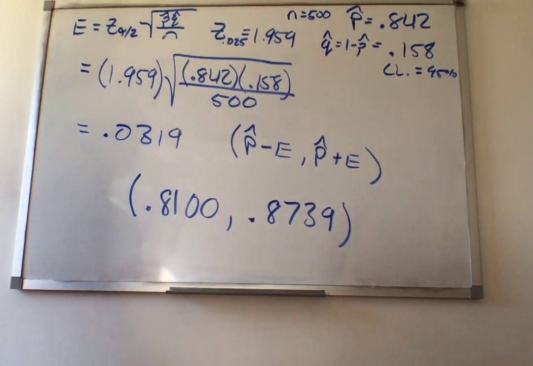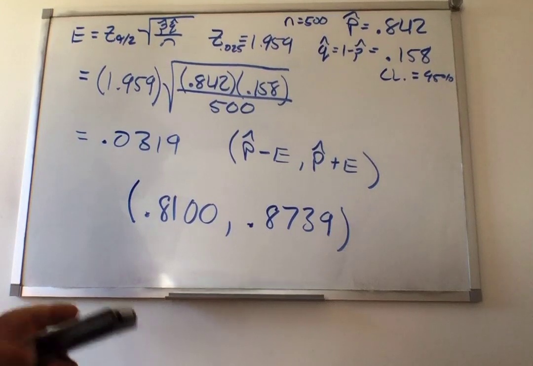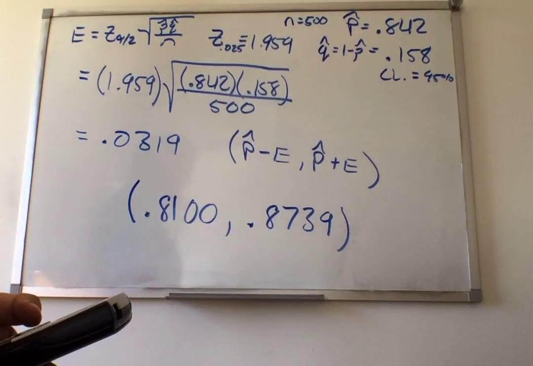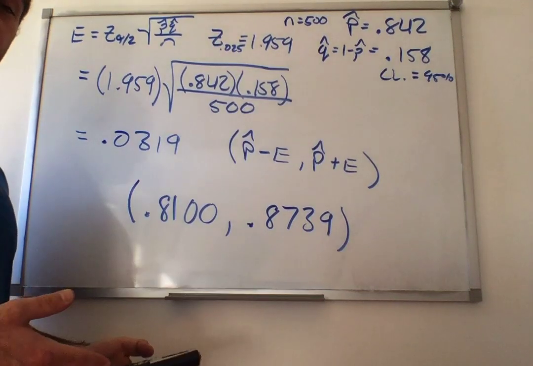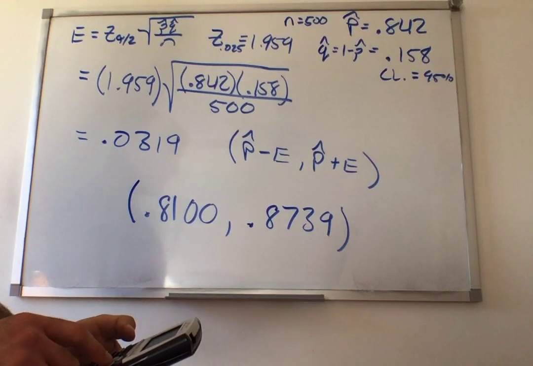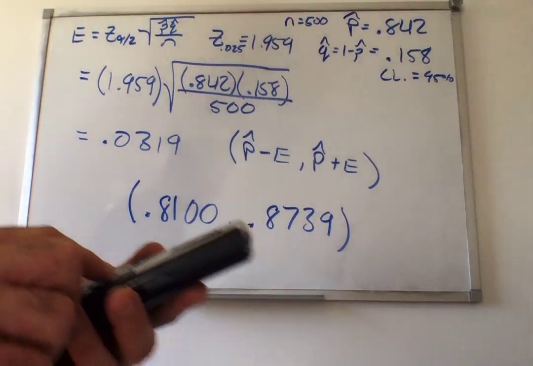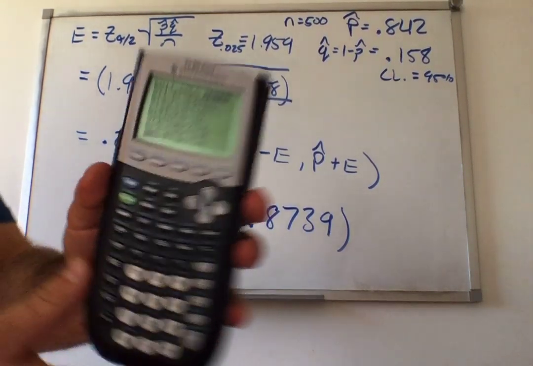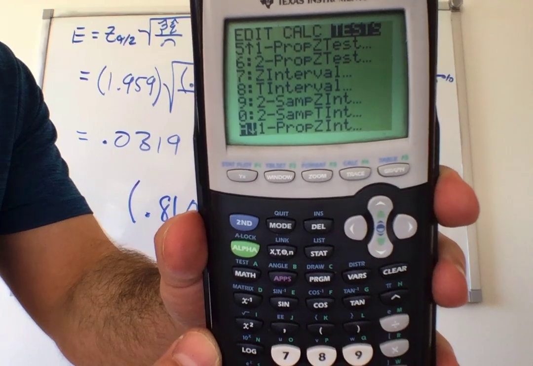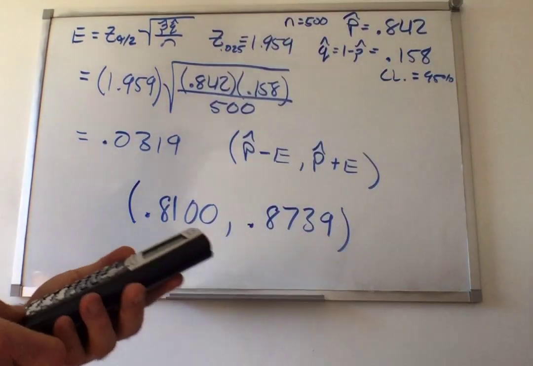Okay, now let's go ahead and learn how to do it on the calculator. You can get the same interval on the calculator. If you recall where the other intervals are, you had z interval and we also had t interval. Well, if you hit stat and go over to tests, and you gotta scroll down, it's option number 5. Okay, 1 proportion z. Oh, sorry, that's 1 proportion z test. Scroll down even further. My fault. It's letter A. 1 proportion z int. It stands for 1 proportion z interval. Okay? If we go ahead and hit enter,